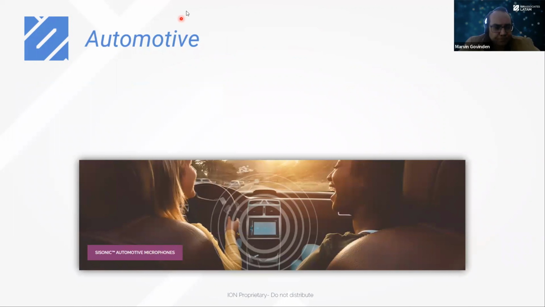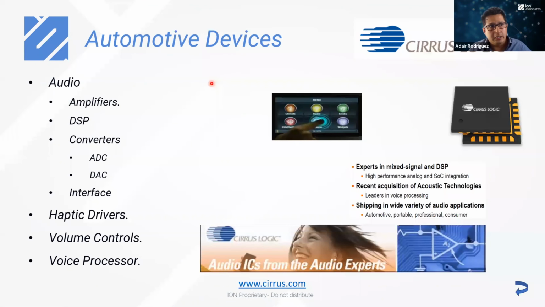Thank you, Marvin. Another application is audio for automotive, for detecting specific commands without touching any external button. For the products that we can offer in the automotive market, we have with Cirrus Logic audio amplifiers, drivers, volume control, voice processors.